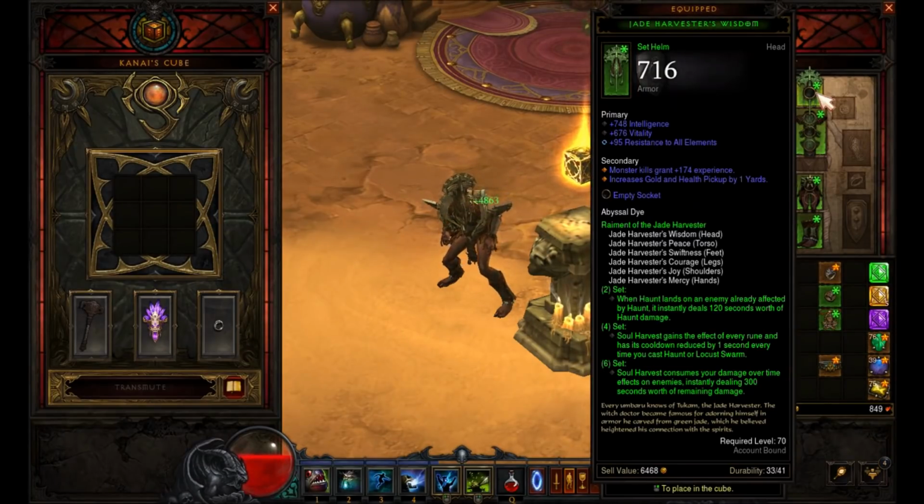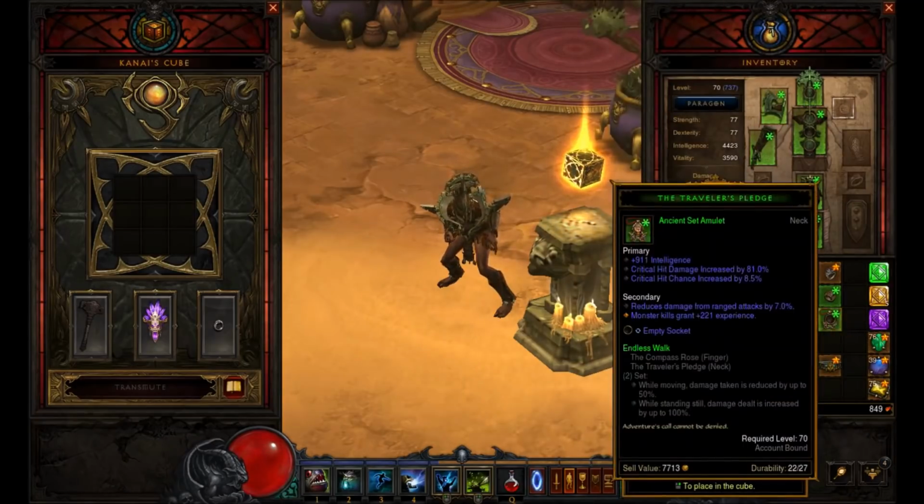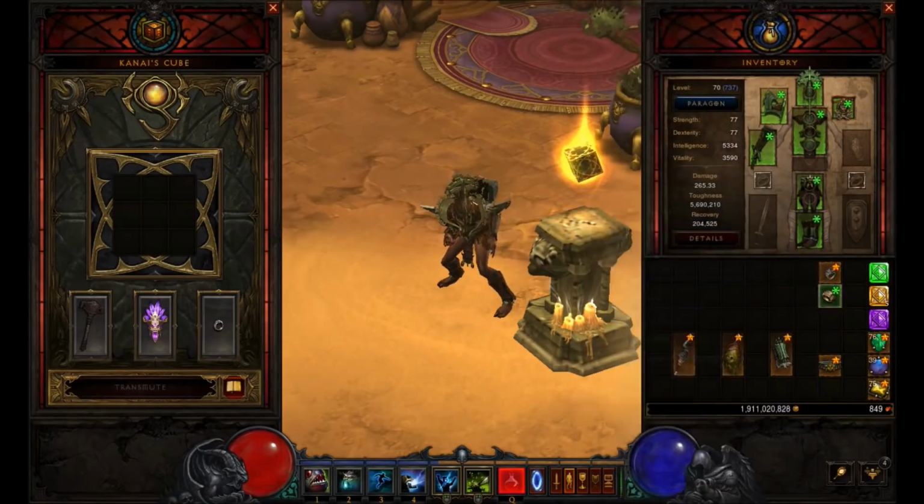The 4th set piece bonus will give us Soul Harvest gains the effect of every rune, and has its cooldown reduced by 1 second every time you cast Haunt or Locust Swarm. So Haunt will now help us to reduce the cooldown from Soul Harvest, so that is just amazing. And the 2nd piece, when Haunt lands on an enemy already affected by Haunt, it instantly deals 120 seconds worth of Haunt damage. Great! For the necklace you want Traveler's Pledge, and that doesn't work without the Compass Rose, so